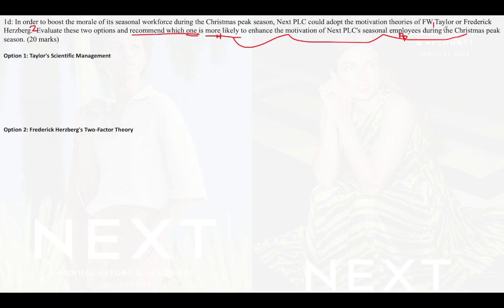And we also need to make sure that when we're doing pros and cons for Taylor, we're not being lazy or getting too excited and start rambling on about Maslow, Mayo, McGregor just because we've revised them and we want the examiner to know. That was the common mistake in the 2023 paper, is people just got excited and just answered a totally different question because they didn't do this basic plan. Pro and con for Taylor, pro and con for Herzberg, answer the question choosing which one is more likely, and then justify it by bad-mouthing the one that you've not chosen.